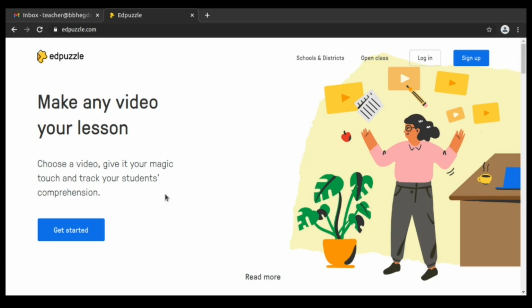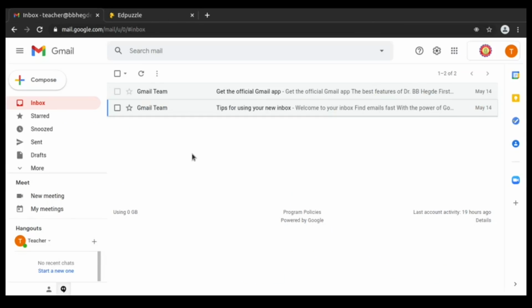For demonstration purposes, we will be utilizing one account as teacher and one more account as student so that we can clearly understand what the student gets and what the teacher gets. The features available for teacher and the students are different.